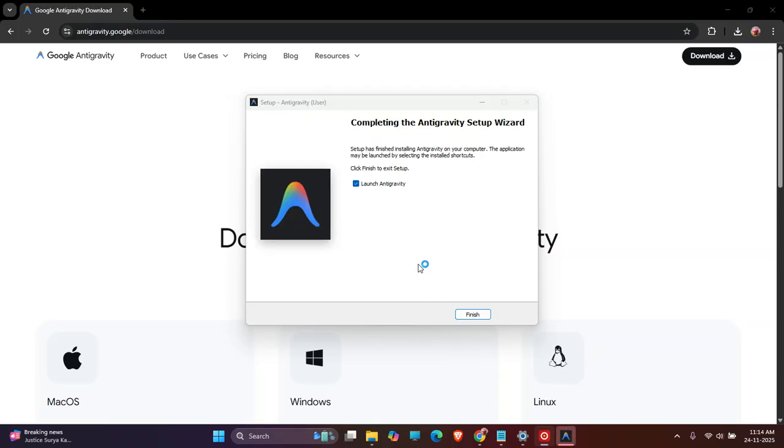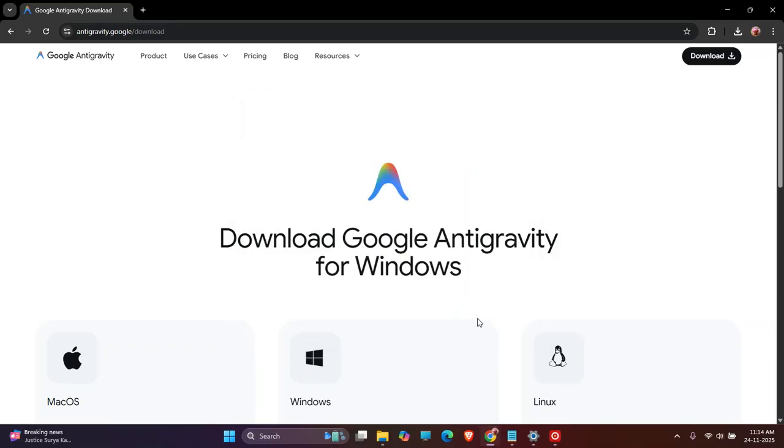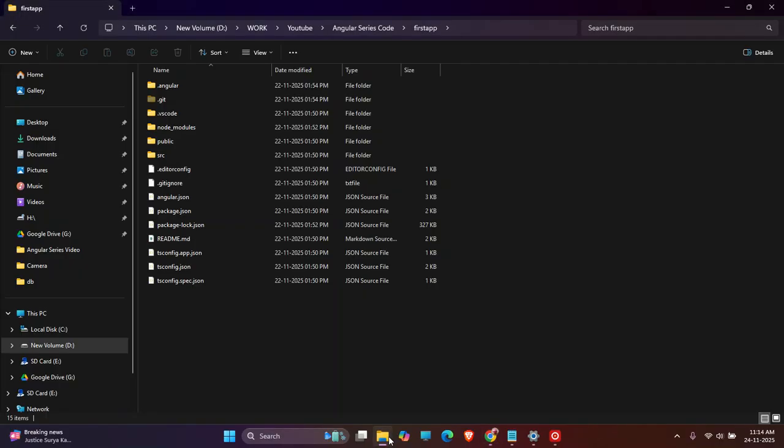It will take some time depending on your PC's speed. So now it's installed. I will finish the installation, and now I will try to open Antigravity in my